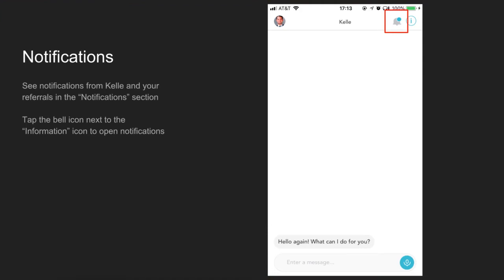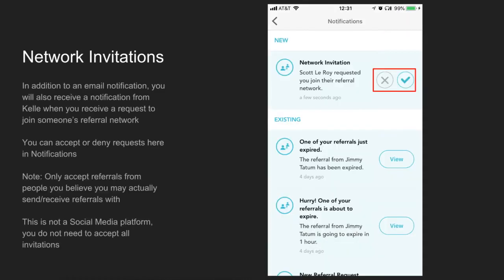You'll receive notifications from your referral network in KWConnect and eventually from your contacts and calendar from Kelle. To see those notifications, you'll tap on the notifications bell up in the top right, just next to that information icon. It's that little bell icon. You'll see it's got that little dot on it for me, letting me know that I have a new notification. Right now, the most common notification, and honestly the only notification that you receive from Kelle, is referral network requests from KWConnect. You'll also receive an email notification for these requests, and you can accept or deny the request on your computer as well as in Kelle. Now, one big note here, the referral network,